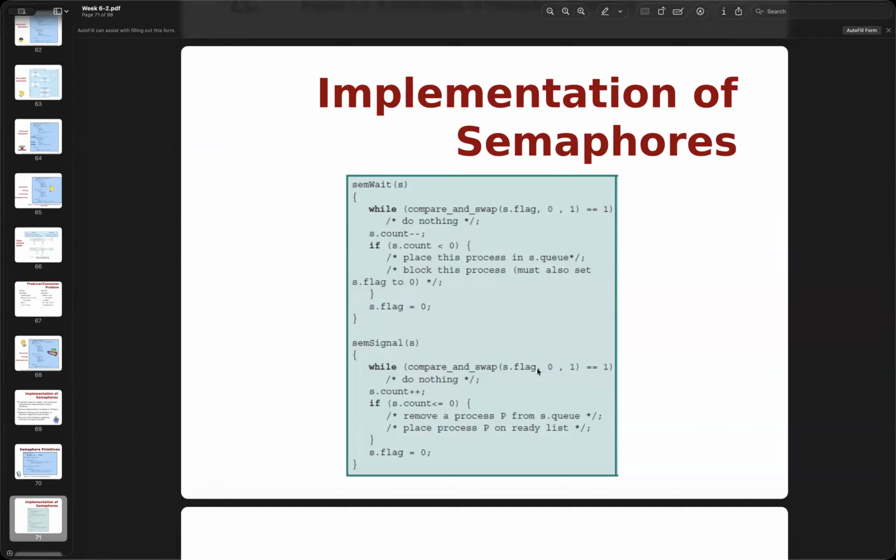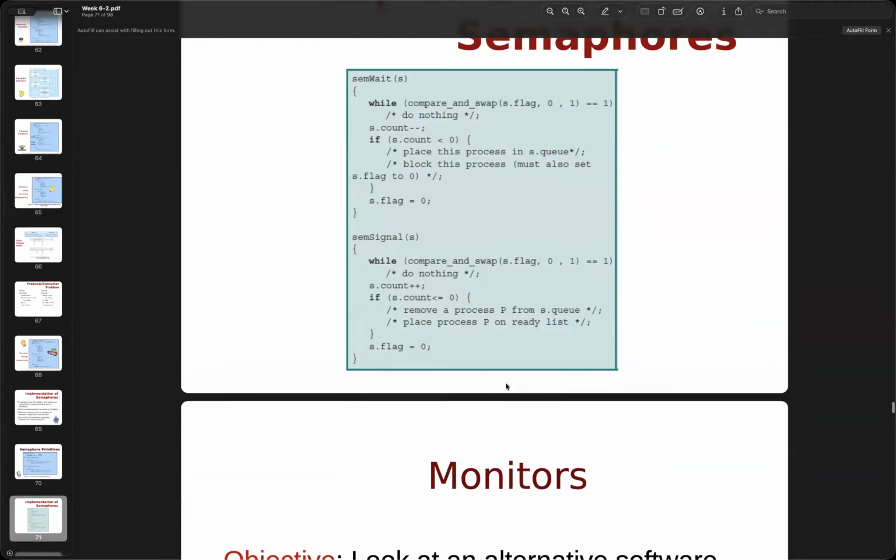So we check the flag, okay, make sure the flag is 0 or 1. If you remember, we have test and set, so make sure of it, and does it return 1? Okay, if yes, do nothing. If no, then we can move on, and then we're checking the flag. So here's a compare and swap function. Okay, it's going to execute.